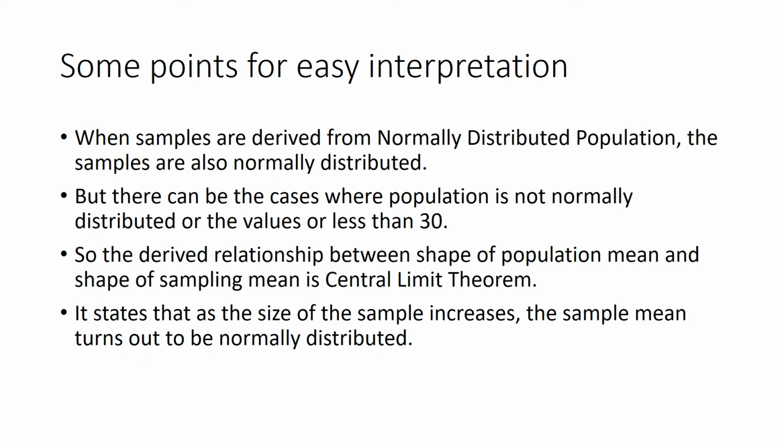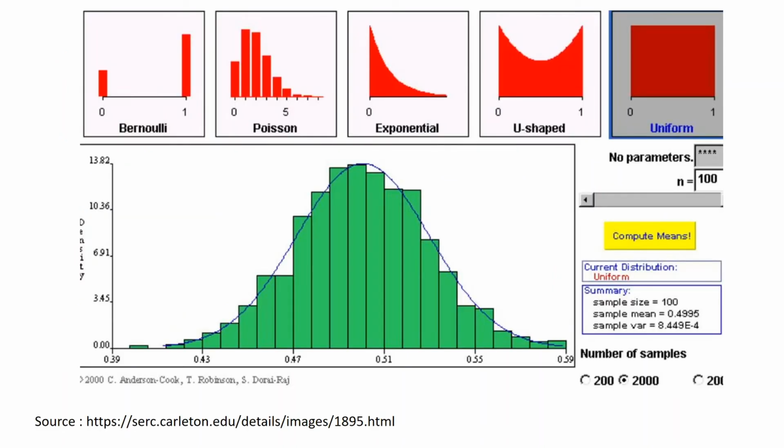So it states that as the size of the sample increases, the sample mean turns out to be normally distributed. Okay, so like I said, if it is less than 30, definitely it is going to cause an issue, but whenever it is more than 30, or I would say it just goes on increasing, okay, it becomes 40, 50, 60, 70, 80, 90, 100, and so on, then most likely the data which is spread out is going to turn out to be normally distributed. Okay, so this is one of the laws of the central limit theorem, and this is how it looks.